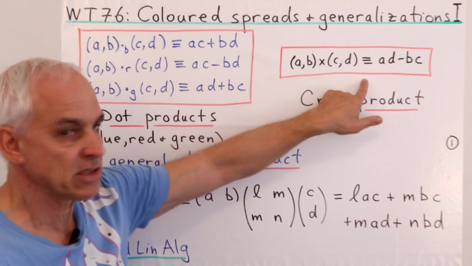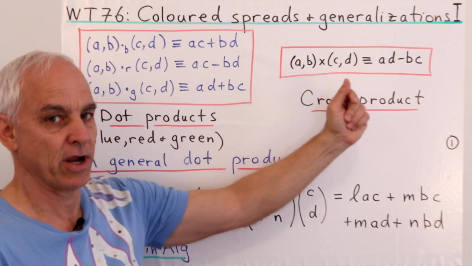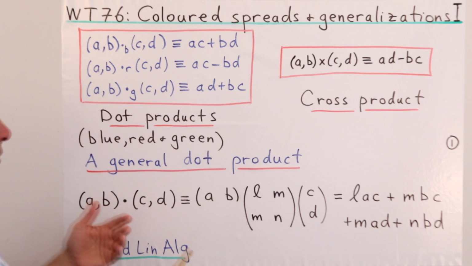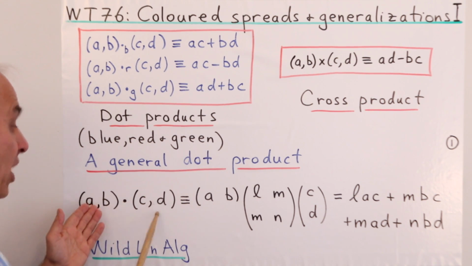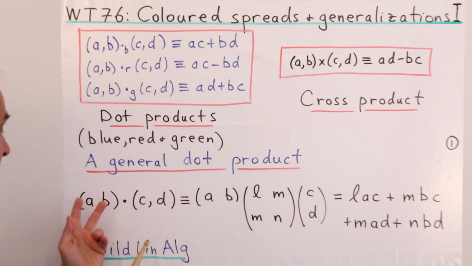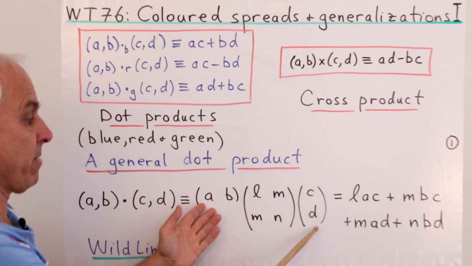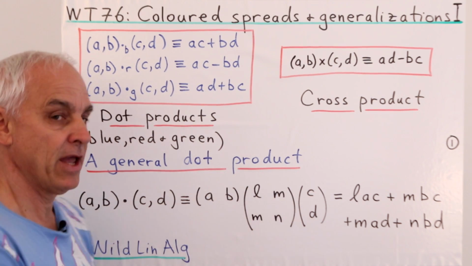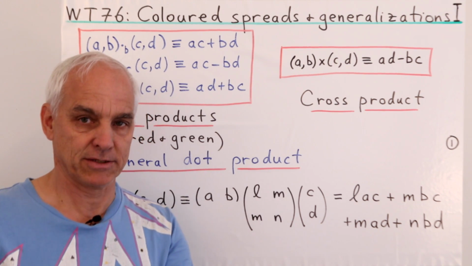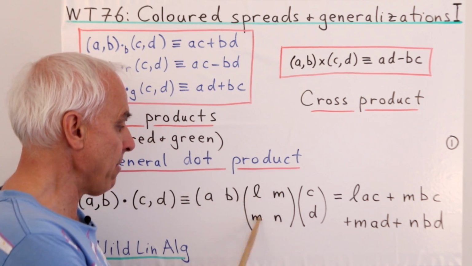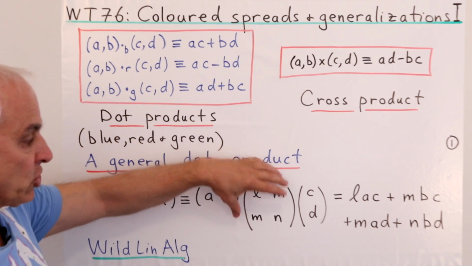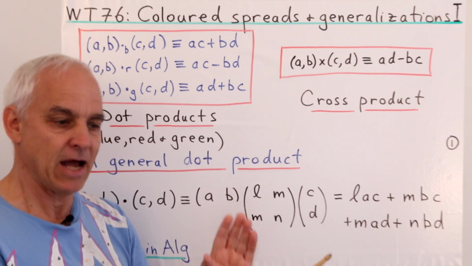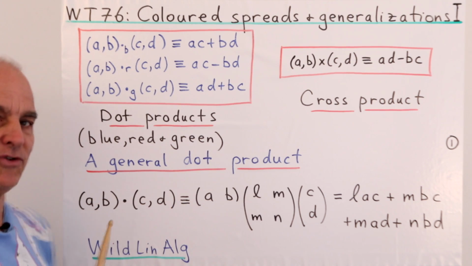We also have this cross product, which is a skew-symmetric bilinear form. Okay, so these are all special cases of the more general dot product. The general dot product in two dimensions between vectors AB and CD has this form here. It's the vector AB, the vector CD is a column on this side, and in between a 2 by 2 symmetric matrix. Let's say L, M, M, N. So these two entries are the same. That ensures that it's symmetric. That will ensure that the whole expression is unchanged if you swap these two vectors.